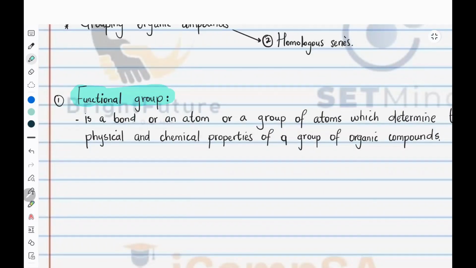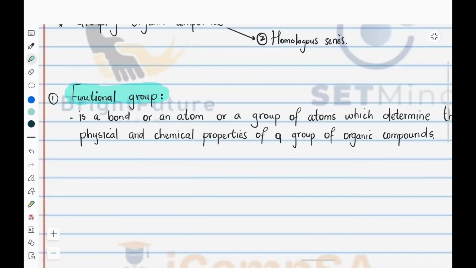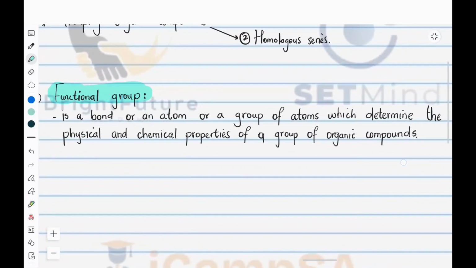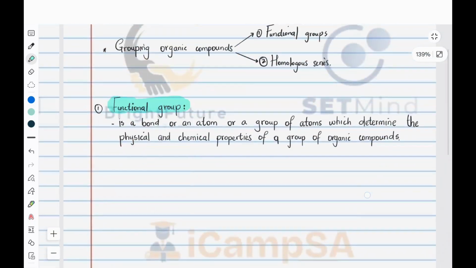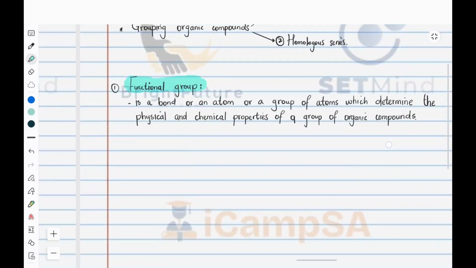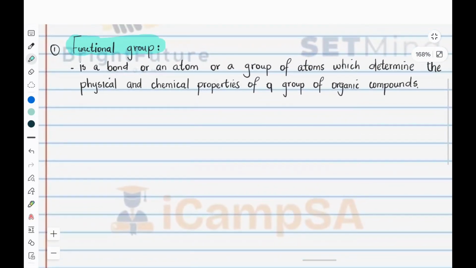It's a bond or an atom or a group of atoms which determine the physical and chemical properties of a certain group of organic compounds. All right, so now we can also define a homologous series. A homologous series is just a group or a series of organic compounds that are described by the same general formula. So what that means is,